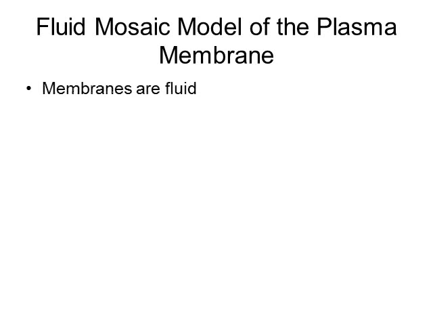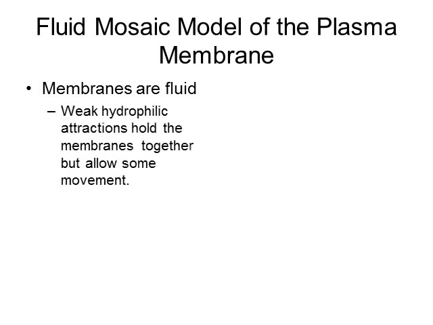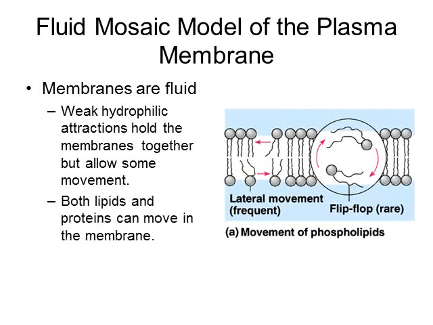Today, biologists accept what's called the fluid mosaic model of the plasma membrane. Fluid mosaic basically means that the membranes actually behave like a fluid. For example, in this new model, there are very, very weak attractions holding the membrane together. So if you look at this structure, this diagram we have right here,